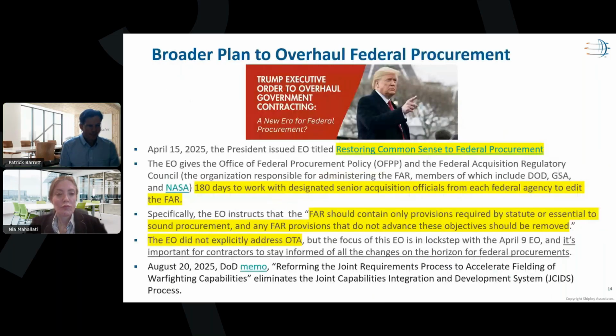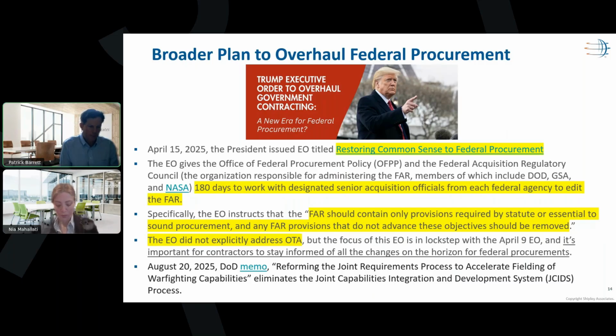Next slide, please. And then also in April, you probably also saw the Restoring Common Sense in Federal Procurement. And this is an overall look at the FAR. I would expect to see changes to the FAR that are going to be happening now. We're already starting to see small changes, but larger changes coming to the FAR. Overall, this particular executive order didn't talk about OTAs specifically, but it did talk about wanting federal procurement to happen faster, so we can get capabilities out faster and acquire goods and services faster,